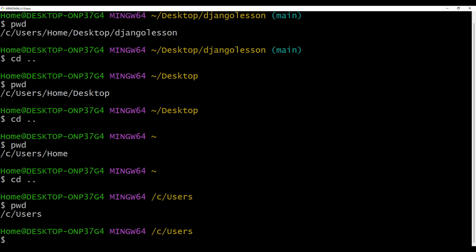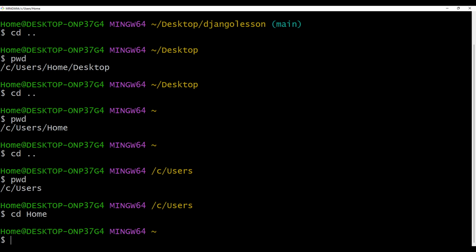Nikitaka kurudi to home, na type cd home, na iko very case sensitive, so you have to type exactly what you are seeing there. So unaona nimetype c na h inaanza na capital letters, so that's why nilikuwa namaanisha case sensitive. So inamaanisha kwamba you have to adhere to the rules here, lower case or upper case like that. So nimeingia to